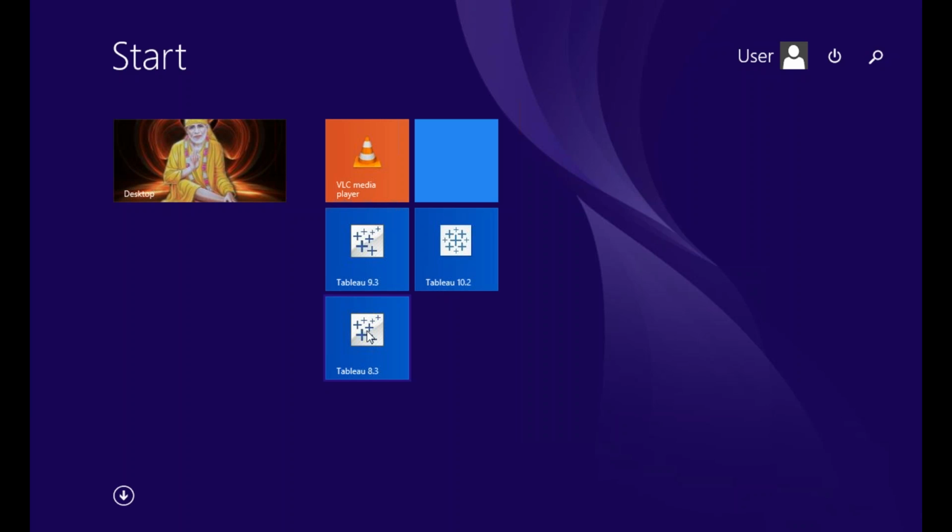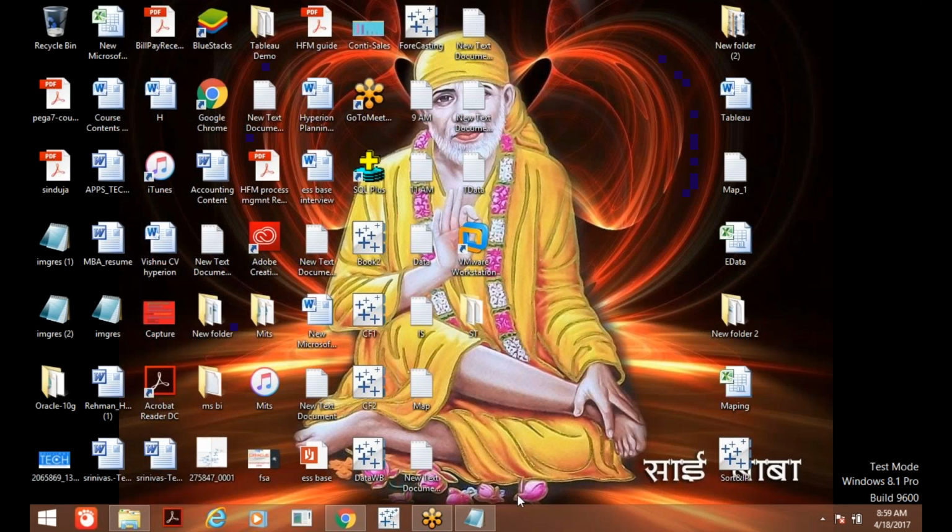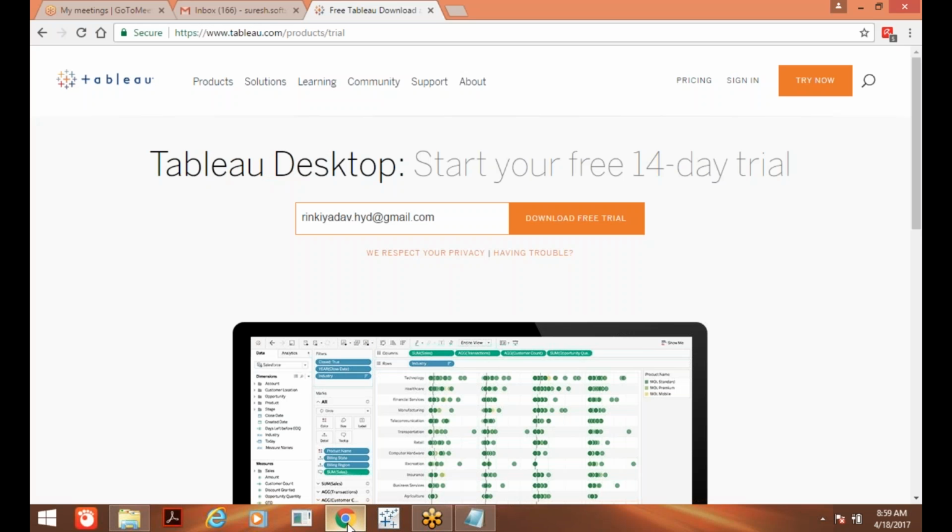For that, there is a Tableau alternative downloads website. There you can download any version. Let me show you that also. Previously, I have already downloaded this 14 days free trial, before 20 days, I guess. Now 14 days have been completed, right? So uninstall it and install it using another mail ID. You will get it, no problem.